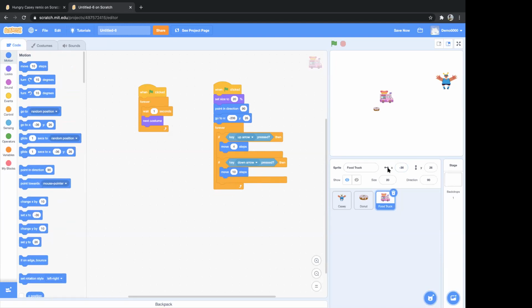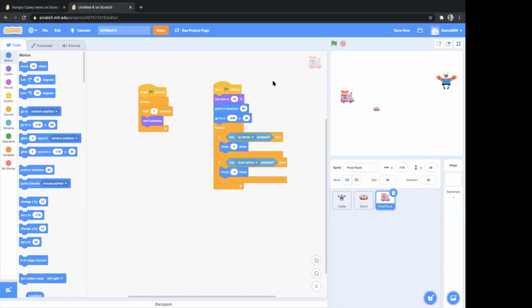Can you see from here, x on the right hand side is positive x-axis and on the left hand side it's negative. So this time the steps would be in minus, so I'll make it -4. Clear? So see, if I click on green flag, if I press the up arrow, it's moving forward, and if I press the down arrow, it's moving backward.